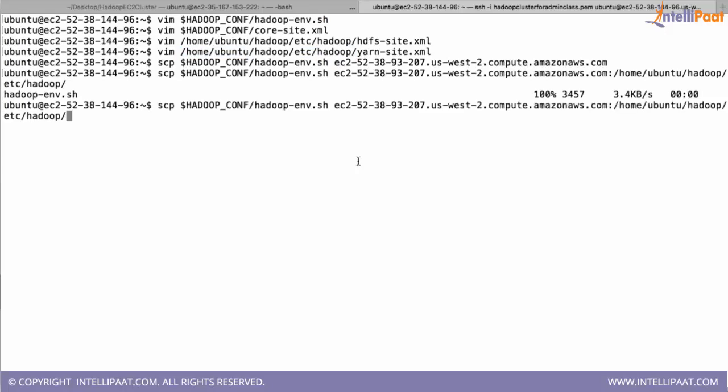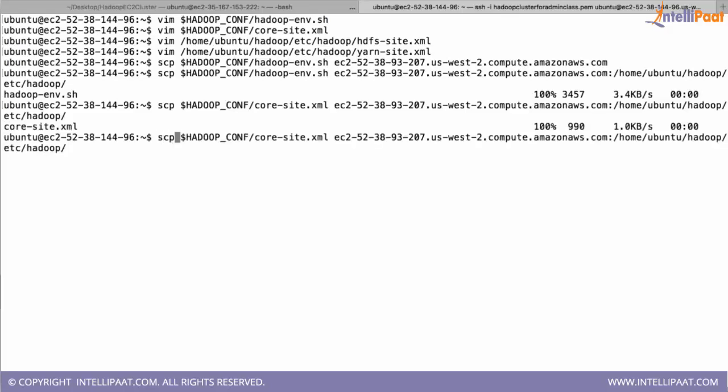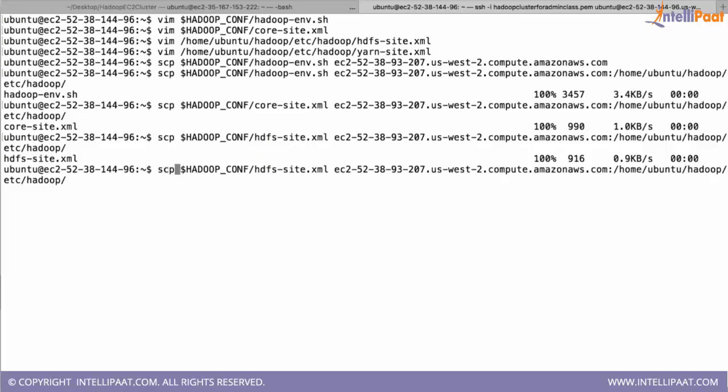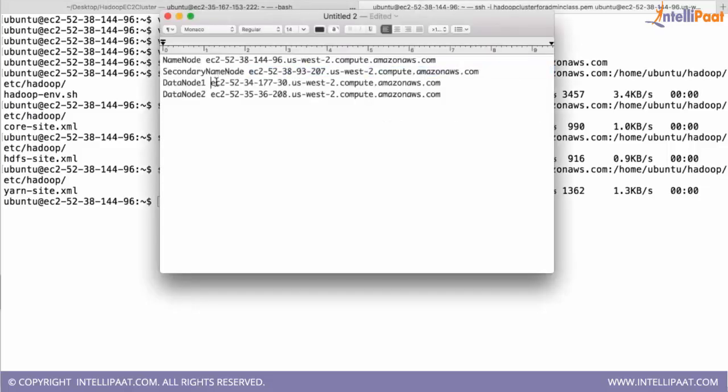It has copied now. Now you will also copy the XMLs: core-site.xml, and then hdfs-site.xml. Now you copy yarn-site.xml. Now the same thing you have to do with data node 1. You have to copy the same files onto data node 1.